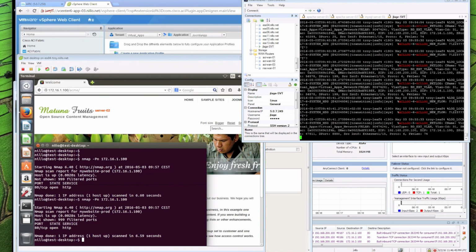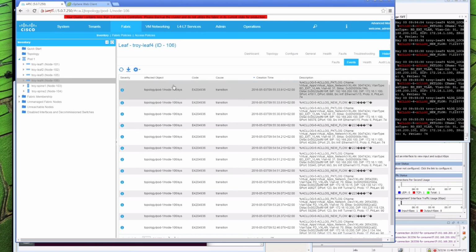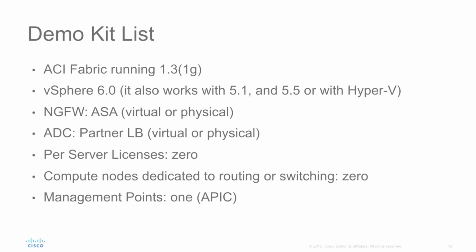So these logs are not lost; they're done in hardware. These logs are also available to the syslog. They're exported to any syslog server. They're also available to the fabric administrator, who can see them on a per node device or per port device on the events tab. What we have used to perform this demo: an ACI fabric running 1.3.1G, vSphere 6.0, but